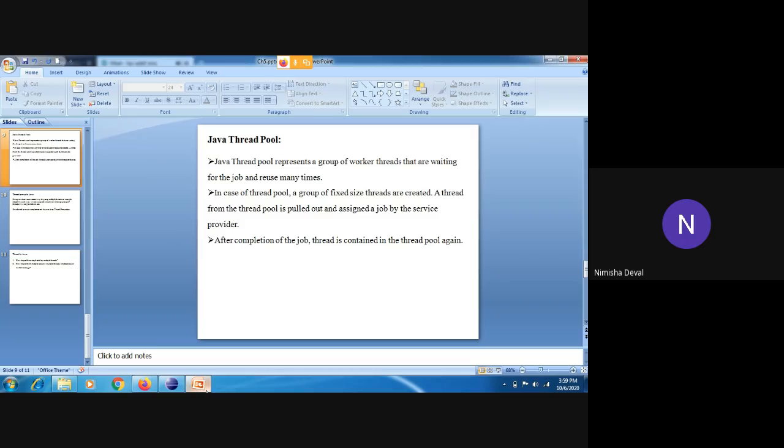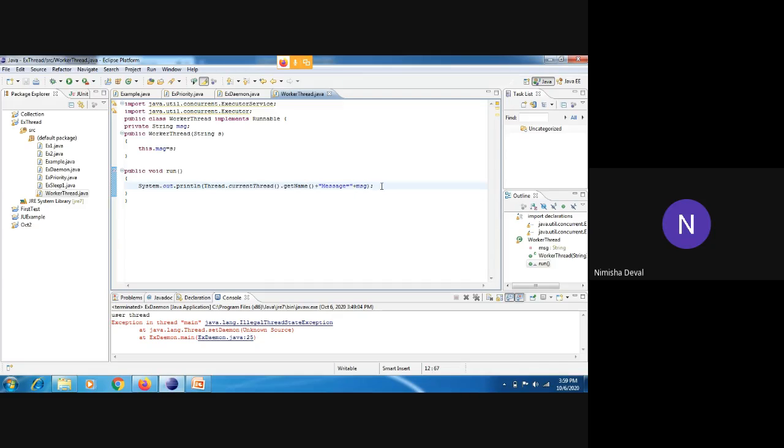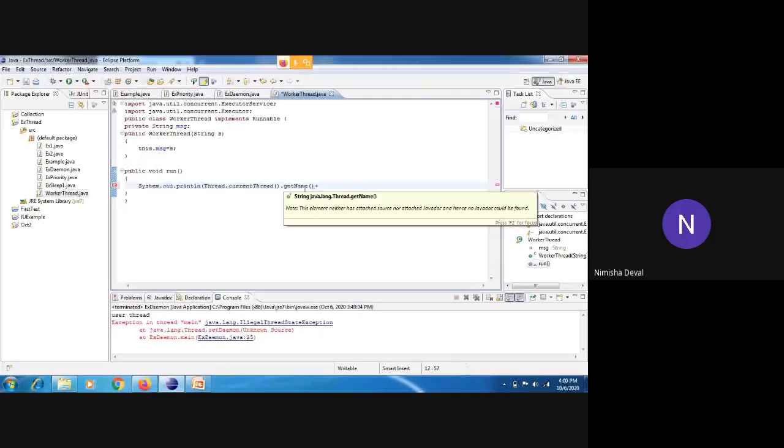So I will repeat this part again. I will write this method again because due to some network issues, I have lost somewhere. We are implementing the worker thread. First, we have to find out which thread is running, and we want to pass one message because we are doing this program as a service provider. So you should pass some message to the user, and that message may be written from the user side as well as from the service provider side. So here you have to mention